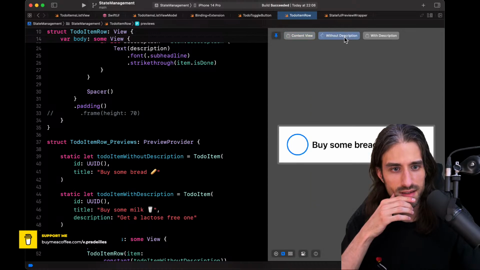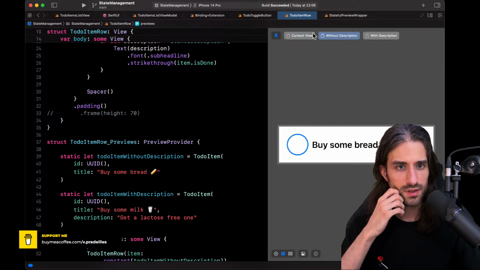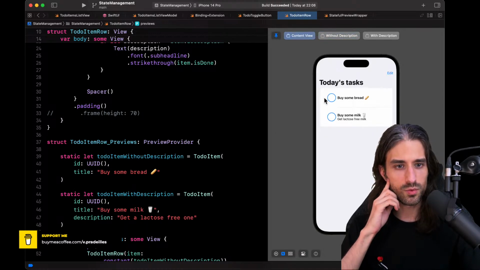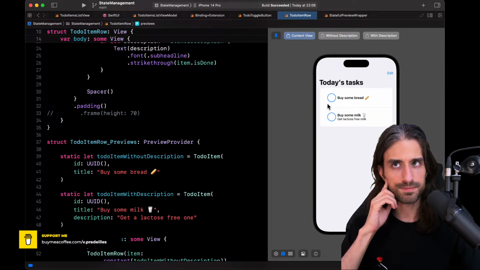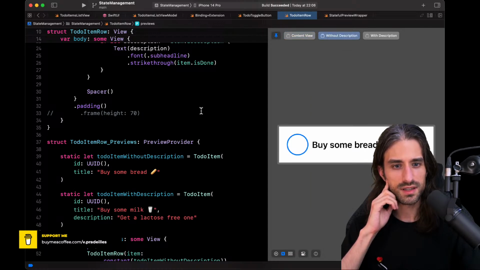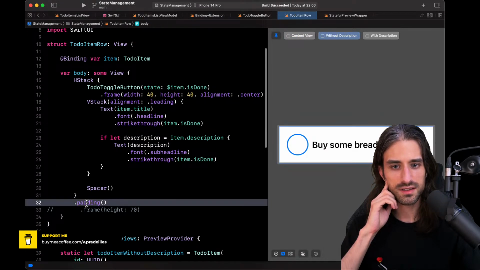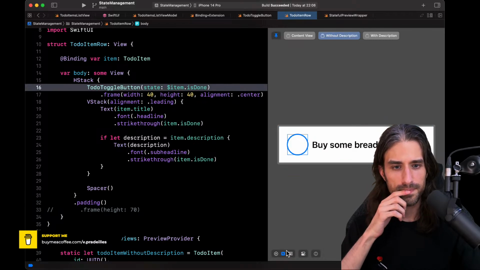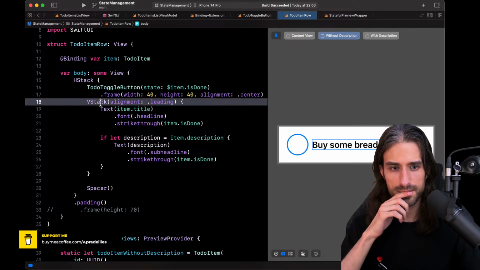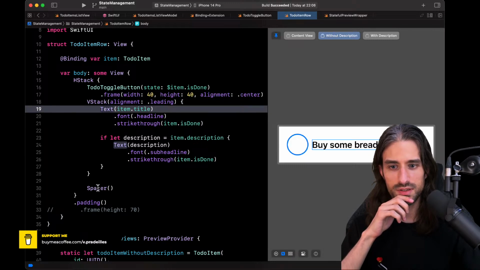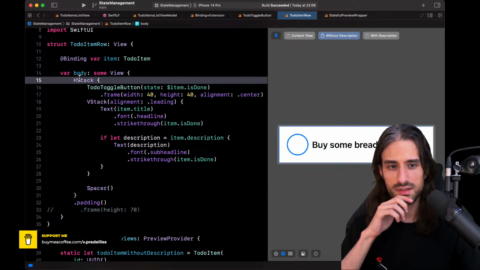You see, like here it kind of looks good, but here it feels like it's way too much space here compared to next to it. But I think it's the same thing actually here. We have the VStack, okay, the text, the description, then the spacer.